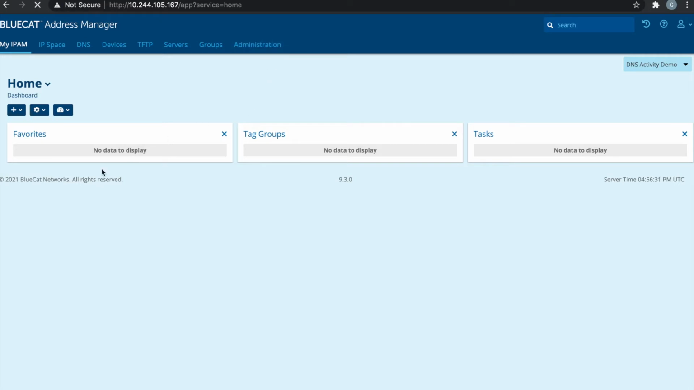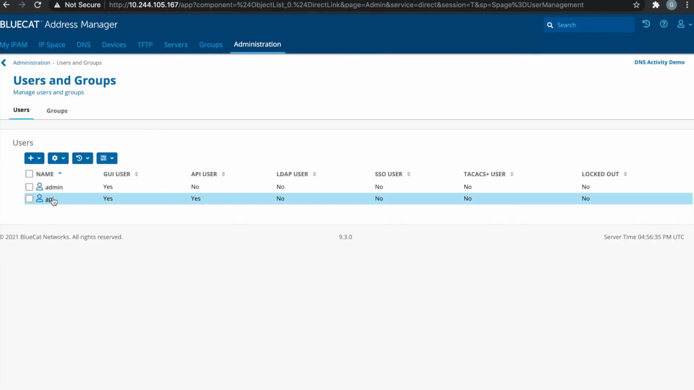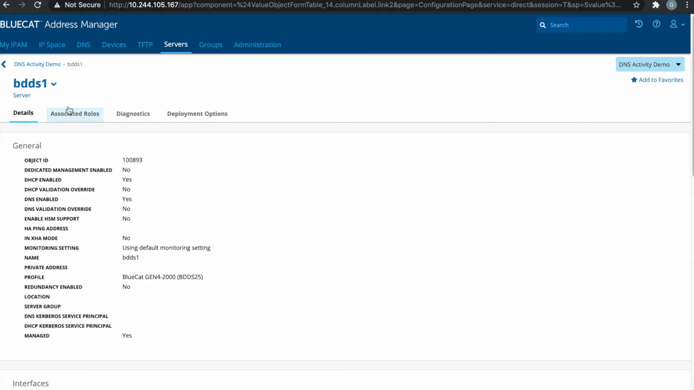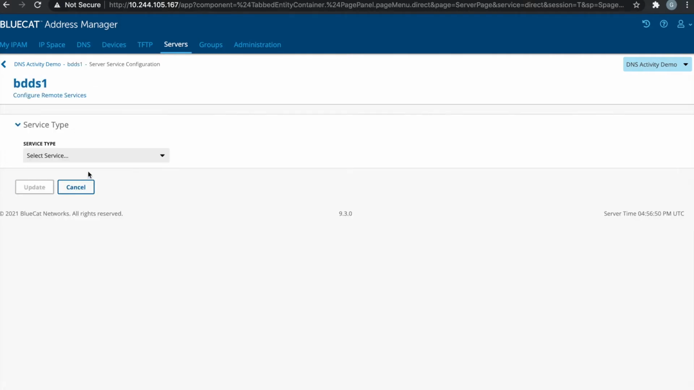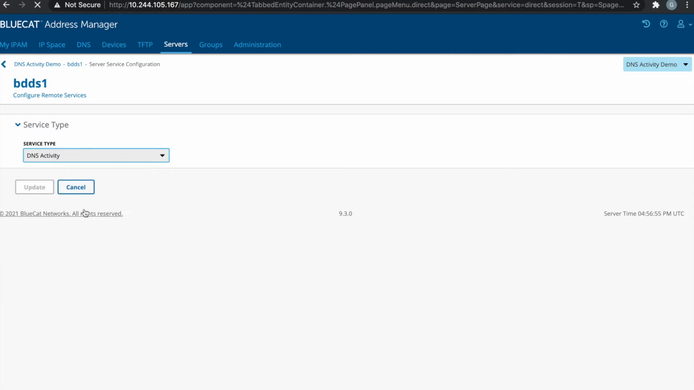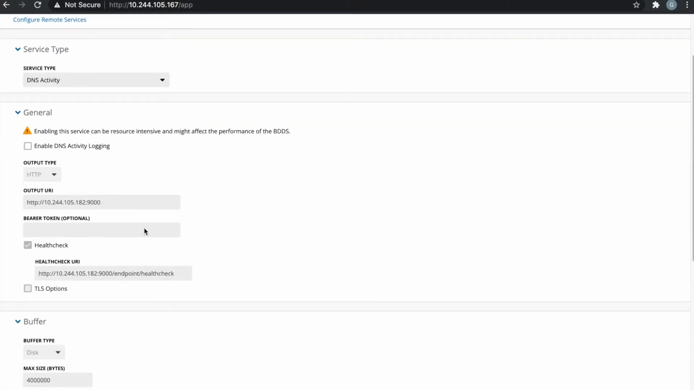Okay, first we'll make sure we have admin access, and as I mentioned in my previous slides, we have two BDDS servers configured and deployed with DNS roles for this demo so that I can configure one with Splunk and the other one with HTTP output. Now let's see how to enable DNS activity on this BDDS1 under service configuration. I'll click the drop down to select DNS activity, and I'll click enable DNS activity logging,